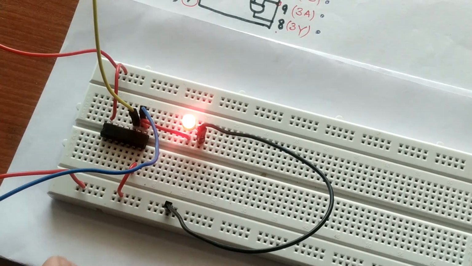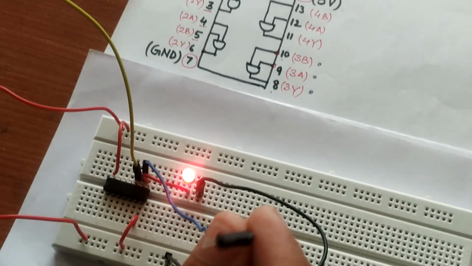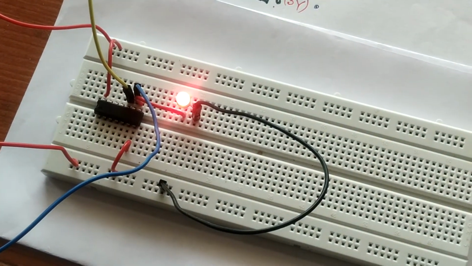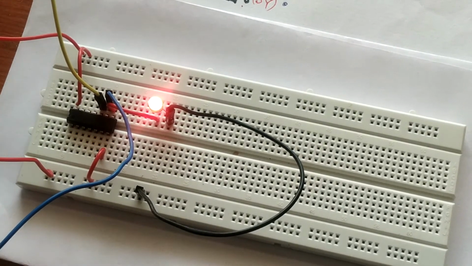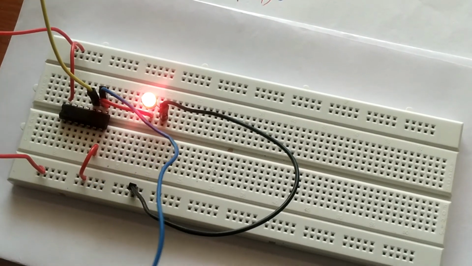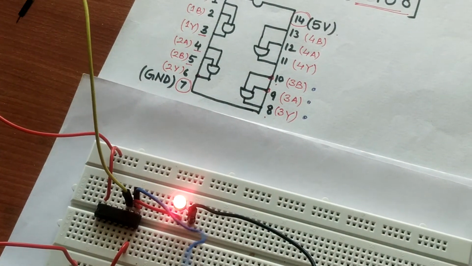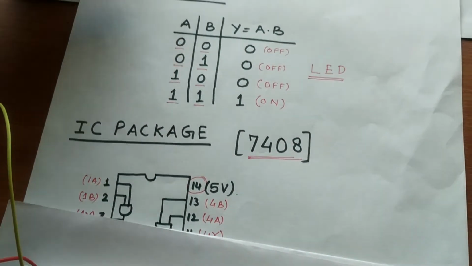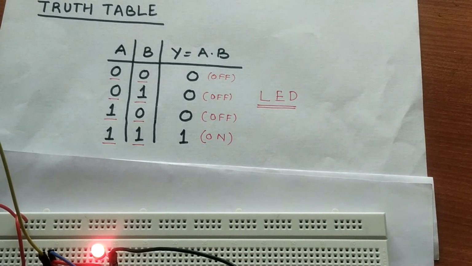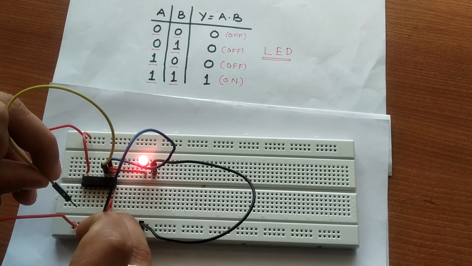Okay, now again you see that though I have not connected any of the wires, still my LED is on. So you will get this type of confusion that even though we have not connected the wire, still our LED is on. I am going to tell you that opening of a wire does not mean that we are connected to 0. So we will verify it with the help of a truth table. Let me show the truth table first. Whenever we are talking about 0, that means we have to connect it to the ground. So let me connect it to the ground.